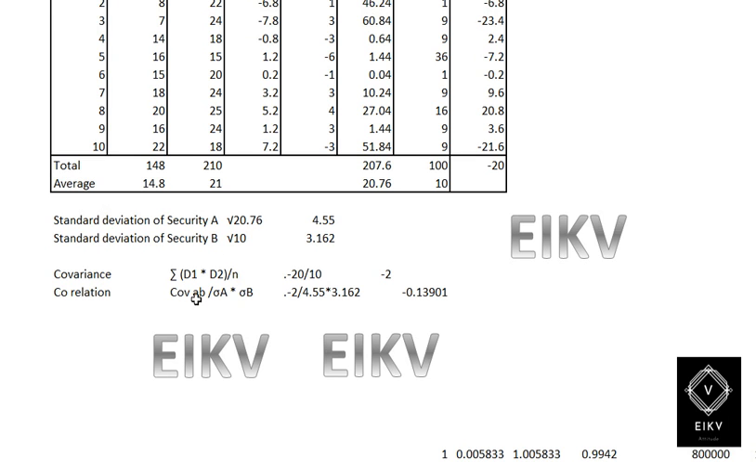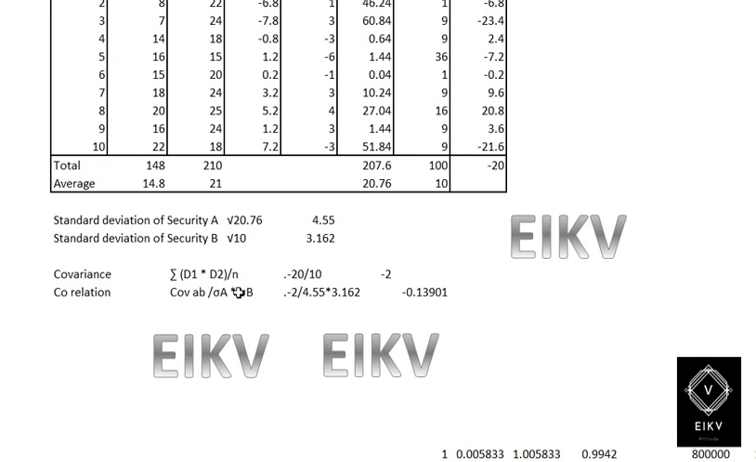covariance and correlation. So the covariance, as we have discussed, would be the sum of d1 into d2 divided by n will give you the covariance. So the covariance would be negative 20 divided by 10, which will give you negative 2, and the correlation would be